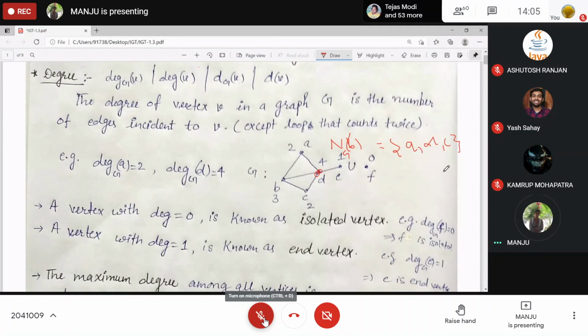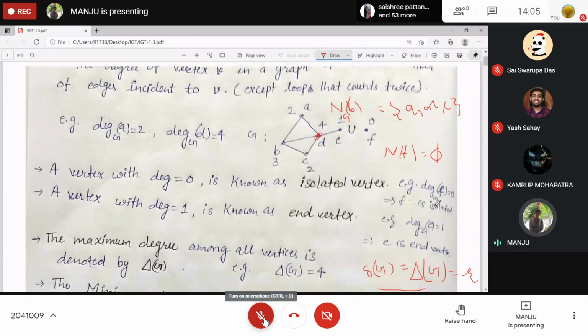Okay. What can you say about neighborhood of F? Null. Okay. What can be the maximum cardinality of neighborhood? Any neighborhood. What can be the maximum cardinality in n order graph?